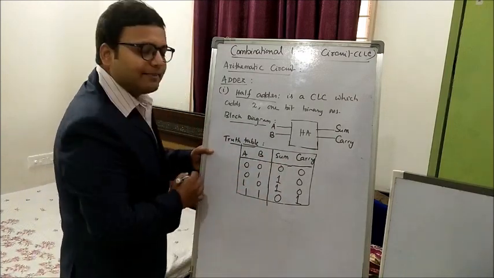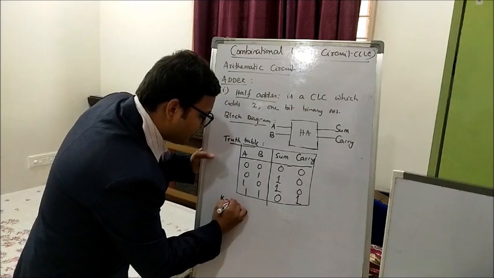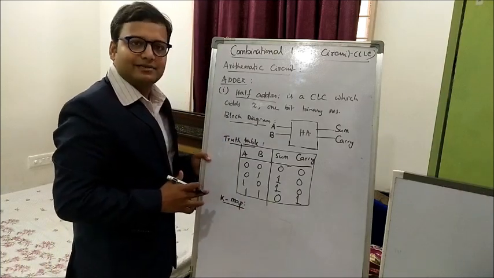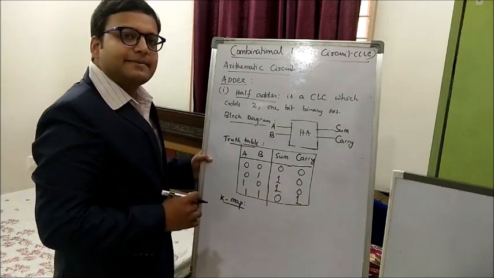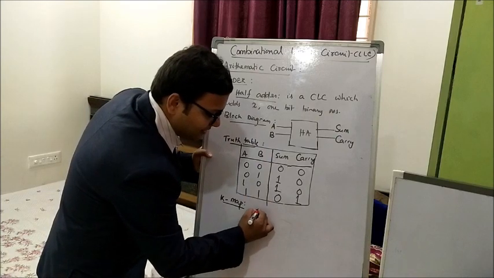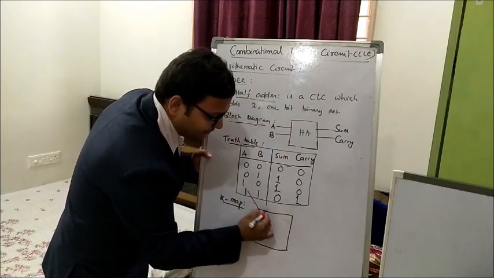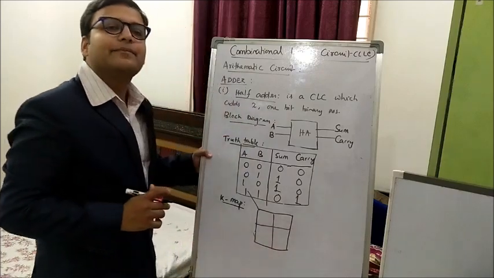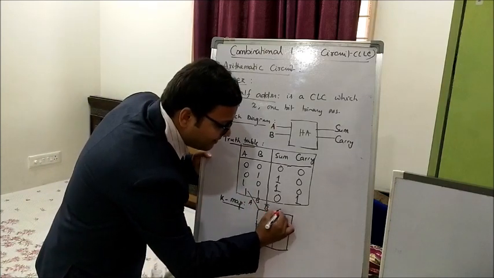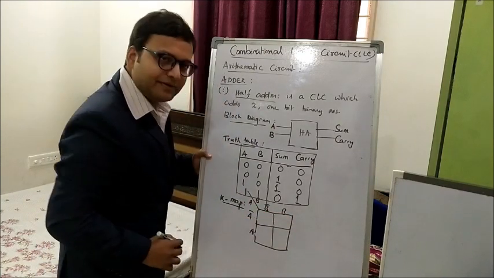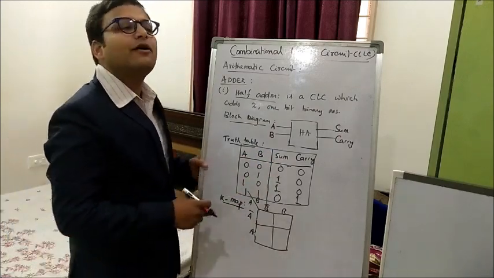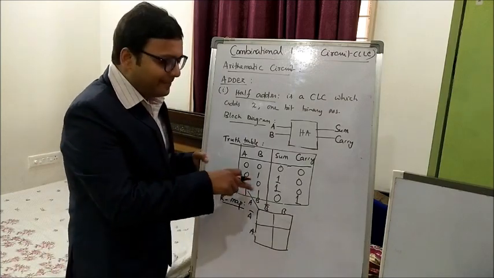Next, what am I going to do? I am going to construct the K-map to simplify the logic circuit. In order to make the K-map, it is mainly a 2 variable K-map, as we have seen in the previous classes. A and B are the 2 variables, with B bar, B, A bar, A, and I am going to put the min terms because I am going to simplify it in the form of an SOP. So I am going to put the min terms in the K-map.